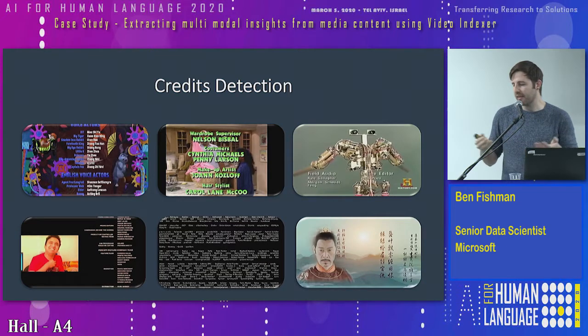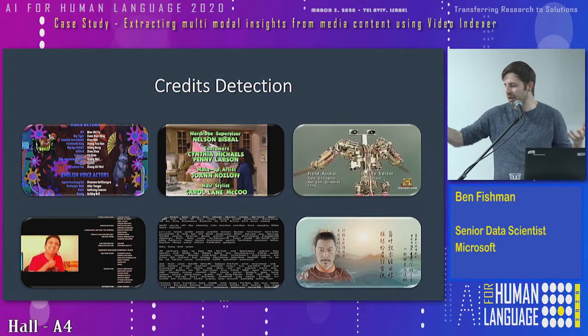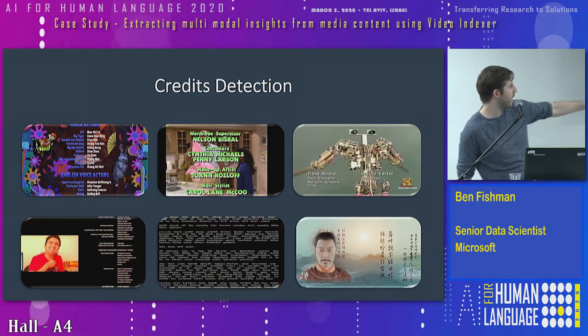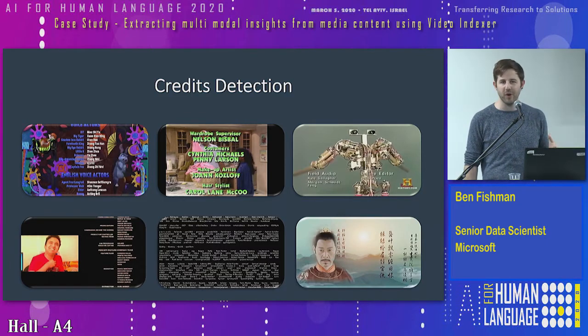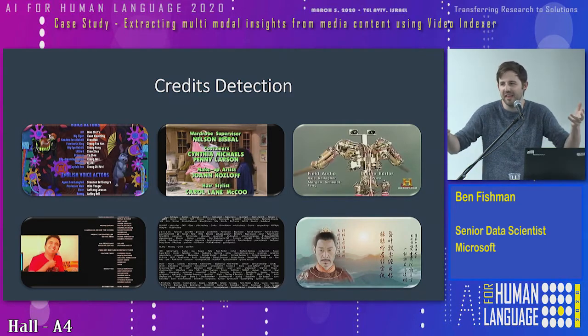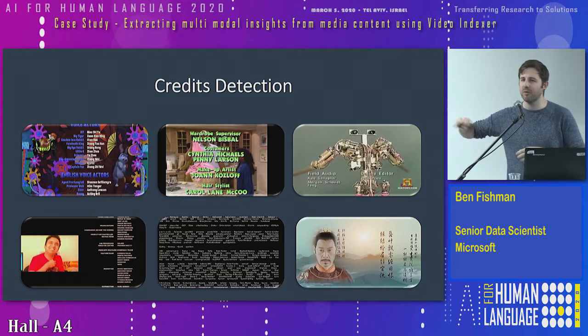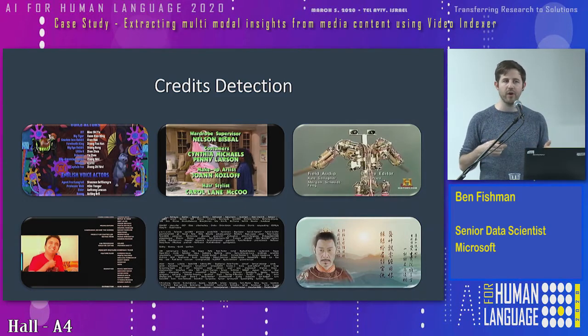It may seem easy because it's like text on a plain background, but no, it's not always plain. It can be over images with different types of shapes, and you can see examples here on the bottom and the middle. For me, this looks more like computer code than credits, but this is credits. It can roll up, down, to the side. It can be static. There is a lot of variation.